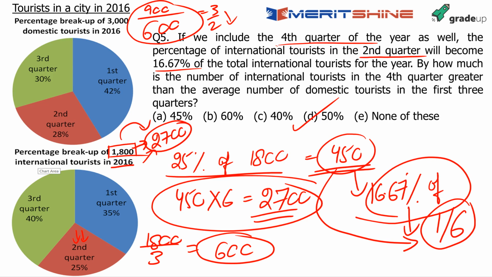The last one was slightly more complicated because we used some advanced concepts of DI which we used to analyze data, but this is simple. Still, I would urge you to use these methods only and not go with the conventional methods. Otherwise it will become very, very difficult for you. What happened?